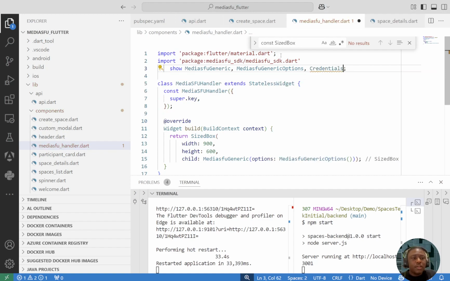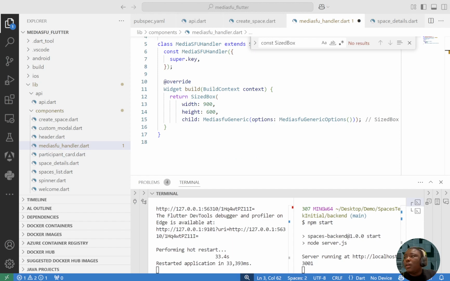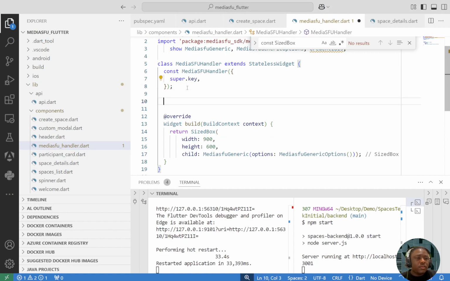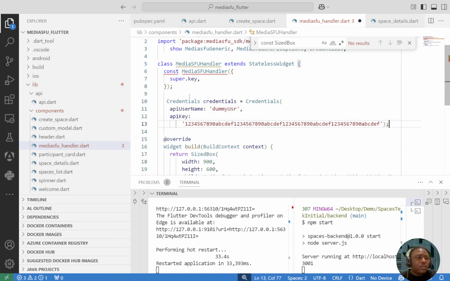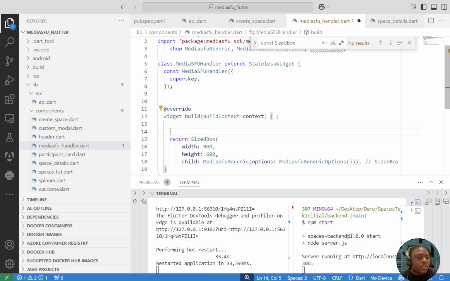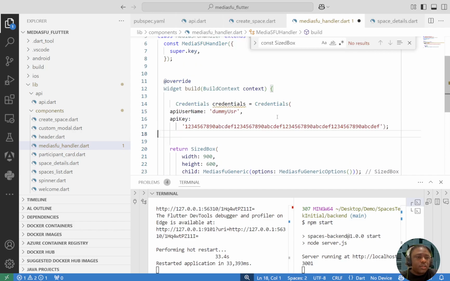We're going to just paste the credentials, move this object and put this here. So credentials,